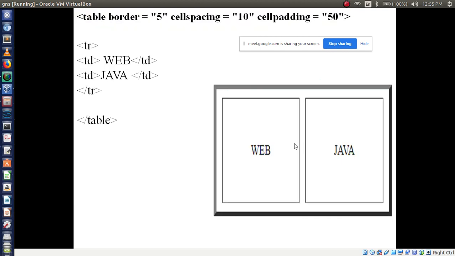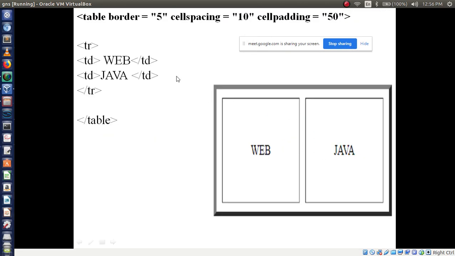Okay, now see, for that I am writing code like this. This cell spacing and cell padding you have to write in the main table tag only. Table border 5 you have already written. So if you go for cell spacing or cell padding, you have to continue the code: cellspacing equal to 10, then cellpadding equal to 50. If you give code like this, the table will display like this, web and Java.